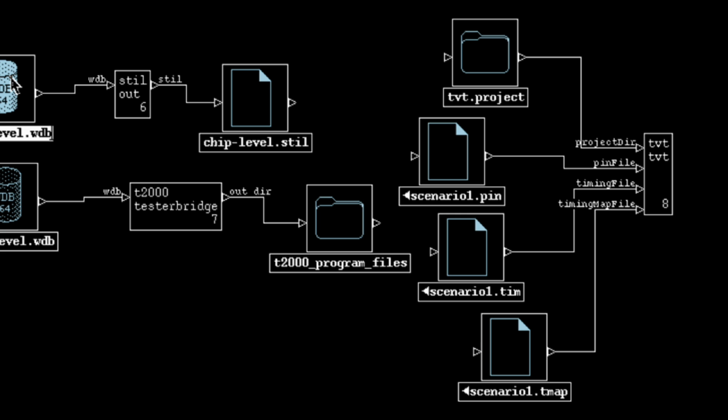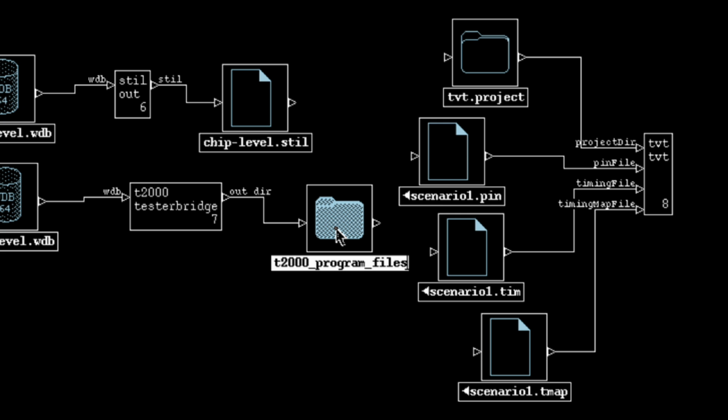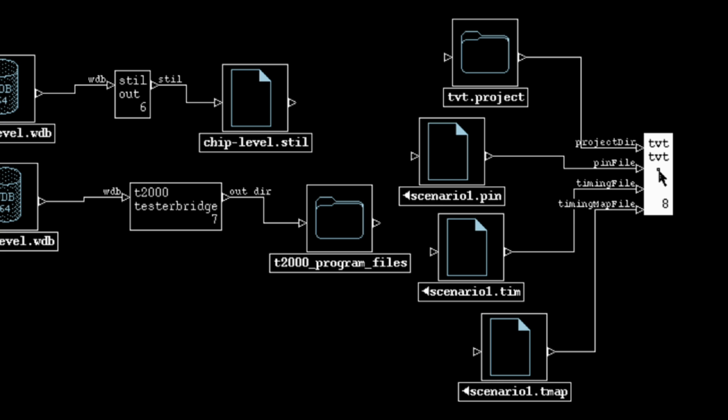Now we are ready to convert the waveform database to a set of tester files. For this example, we chose the Advantest T2000. All the files are placed in this directory. The final stage we have chosen for this demo is to compile the T2000 test program into a Verilog model. This compiler will create a virtual model for the T2000 and ready for executing a simulation with the test program